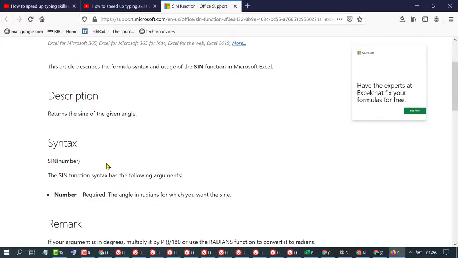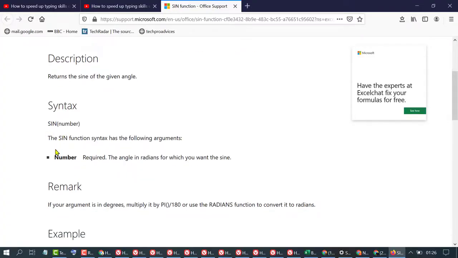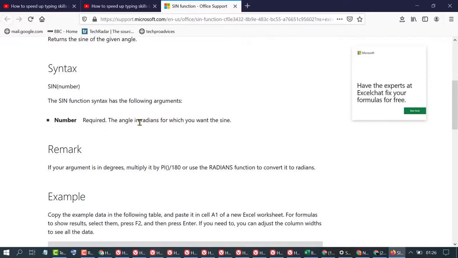Syntax: SIN(number). The SIN function syntax has the following arguments: number, required, the angle in radians for which you want the sine. Remark: if your argument is in degrees, multiply it by pi/180,